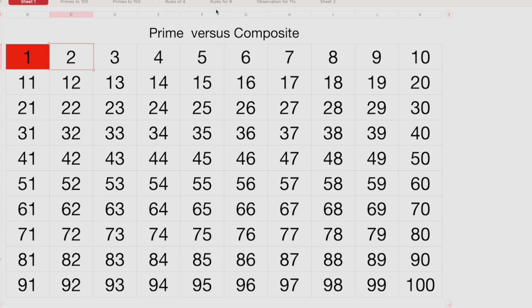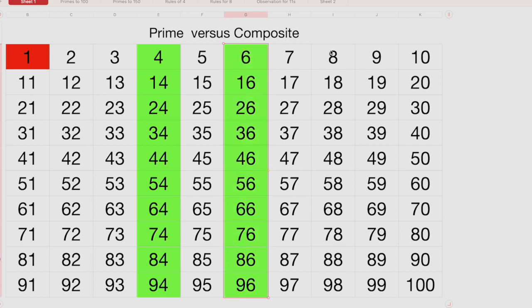It is a prime. We're going to leave it alone. 3 by 1, and we can divide 3 by 3. It is a prime. We're going to leave it alone. Now 4, we can divide it by 1, 2, and 4. And so we have 3 factors, so it is a composite number. And at this particular stage in the game, we do know that every single even number besides 2 is a composite number. So let's highlight the